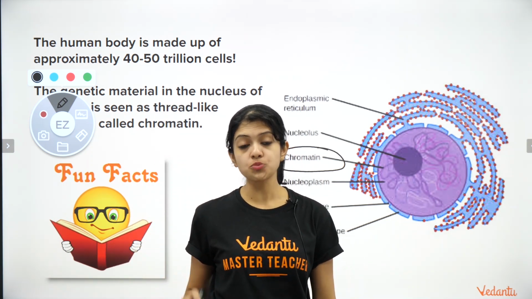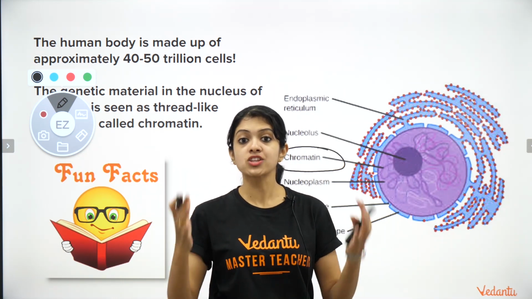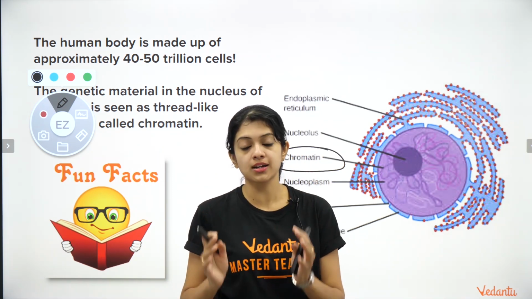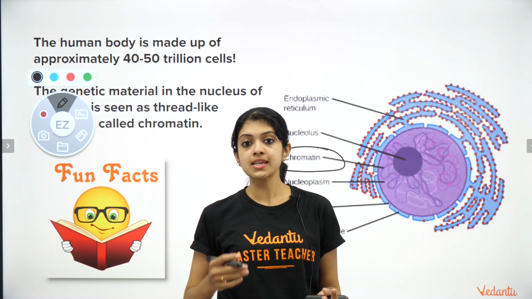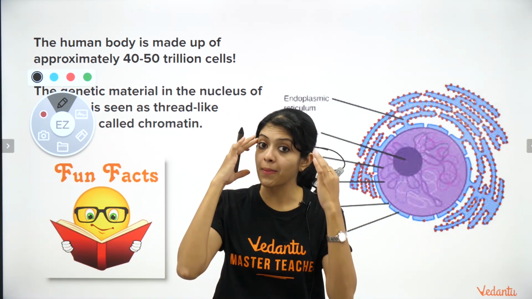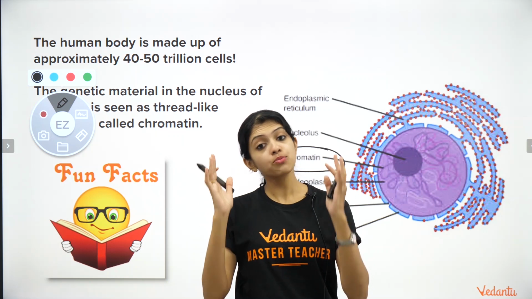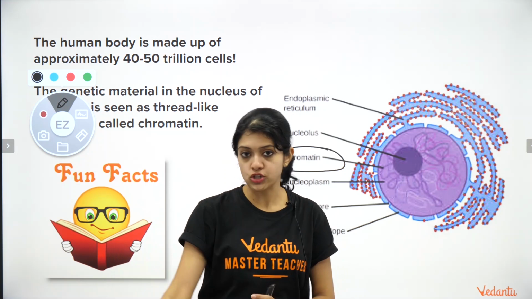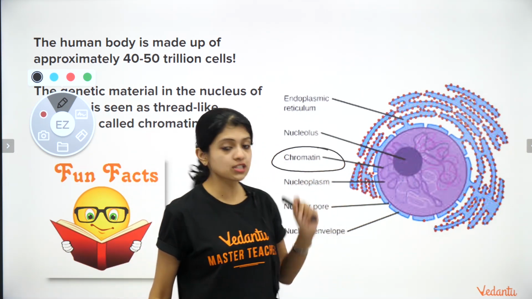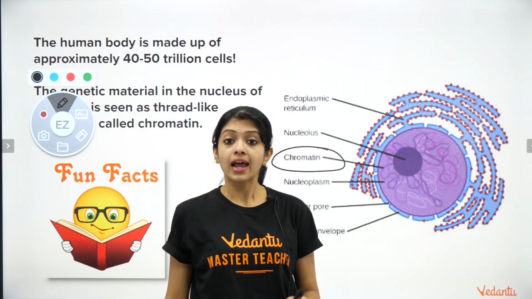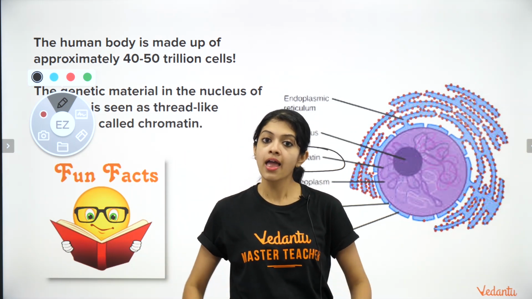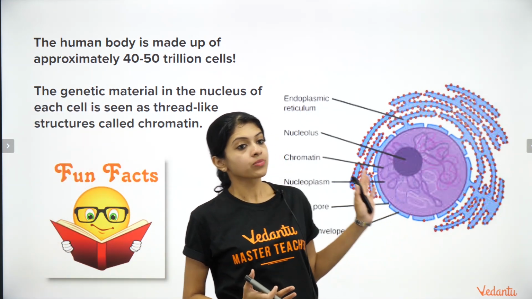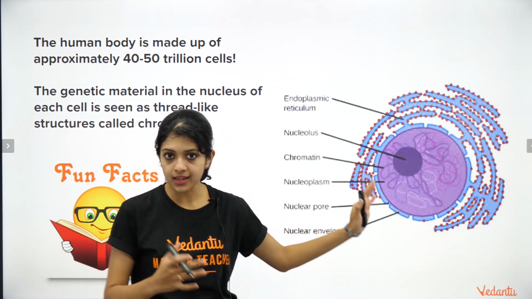Children, keep in mind these terms. They are very important because we have been discussing them, and today I thought it's useful to have one individual session in this chapter regarding these terms, because only if these terms are clear in your mind, we will be able to progress smoothly with chapters like human reproduction and genetics, which will be taken up in the weeks to come, right? So chromatin is this form of scattered thread-like structures that you would see in the nucleus of a cell, especially during interphase. Interphase is when you would find a cell having chromatin lying around in its nucleus in this form, right?